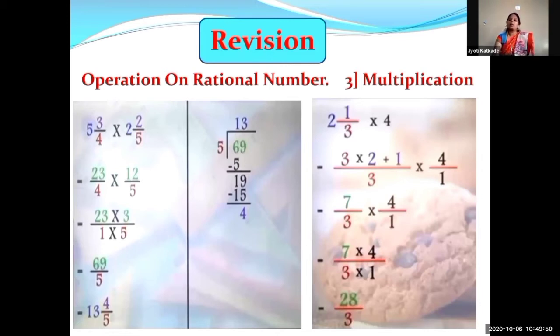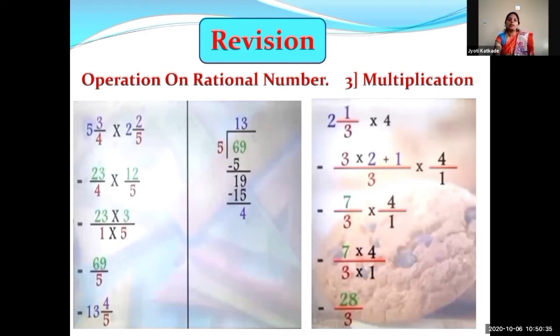But if we have to convert it into a mixed fraction, how can we convert it? See, at the right of this example, there is 69 divided by 5. When we divide 69 by 5, 5 1s are 5, then 6 minus 5, we get 1. Write 9 as it is. Now 19 is not divisible by 5, so take the lowest number which is divisible by 5, that is 5 3s are 15. Now our quotient is 13 and divisor is 5, remainder is 4.